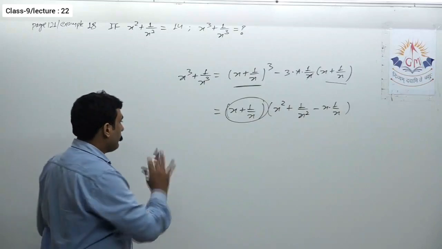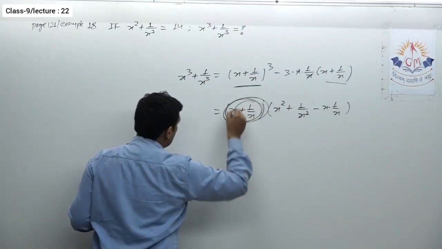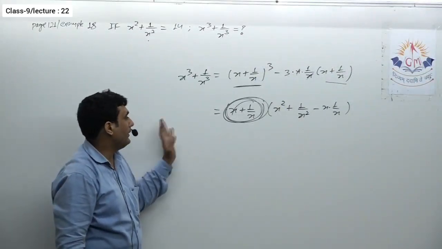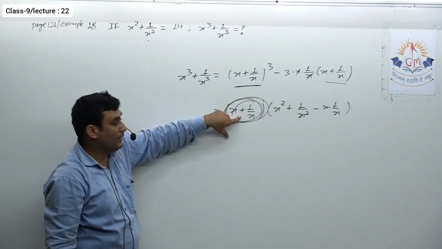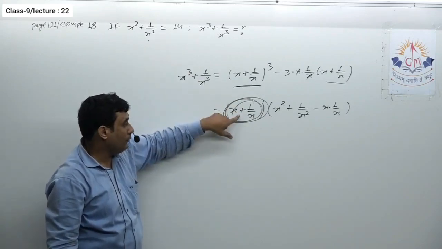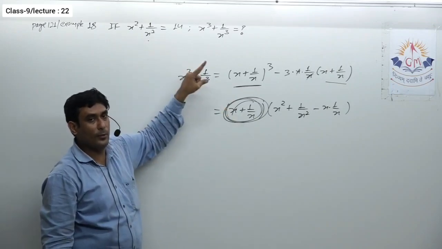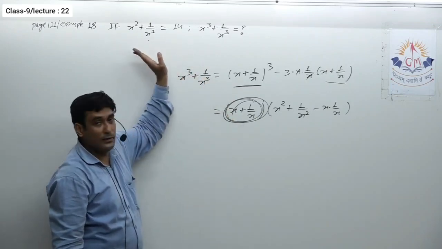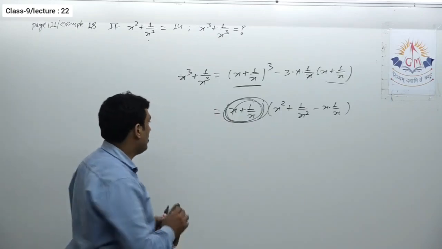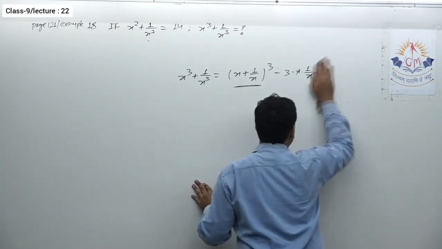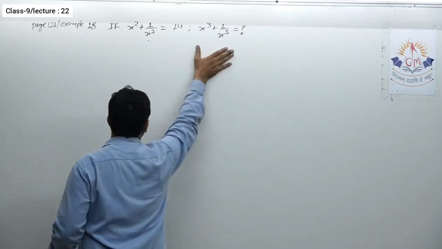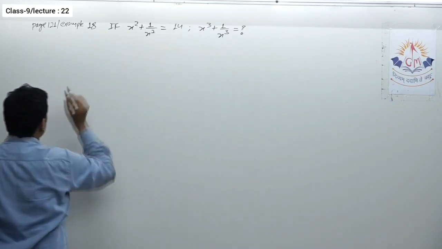Now the next question arises: how to find this if this is given, and we already saw that in our previous questions or lectures. How to find a plus b if a square plus b square is given, or more precisely, how to find x plus 1 upon x if x square plus 1 upon x square is given. If the greater function is given and we have to find the smaller one, we start with the smaller one. So first I will start with x plus 1 upon x whole square, obtain that, and by putting that value in the identity of this, I will be able to get this. So let us see.